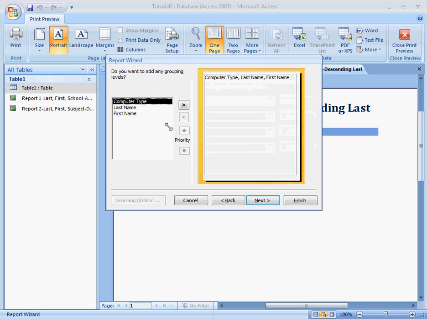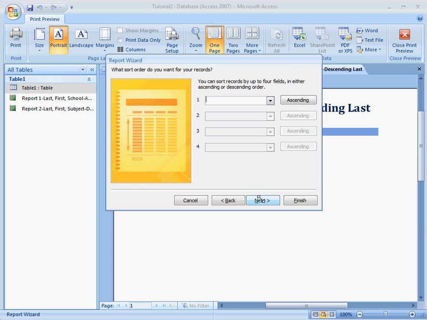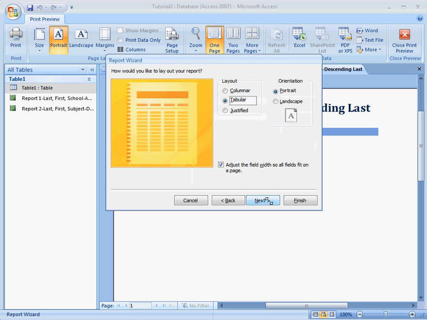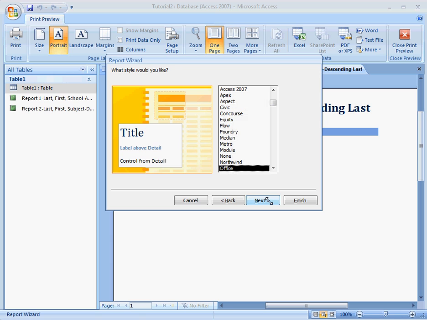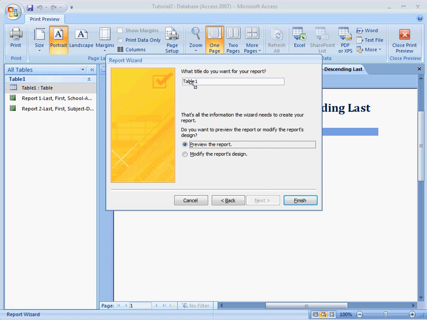Now, if you look at this page, if you had moved these, if you had put the last name, first name, then you would have to fix the grouping on them. This time we're going to organize by computer type, and it says by computer type ascending, so we're okay there. Click Next. Leave the layout the same and the style the same, and the final report is Report 3,